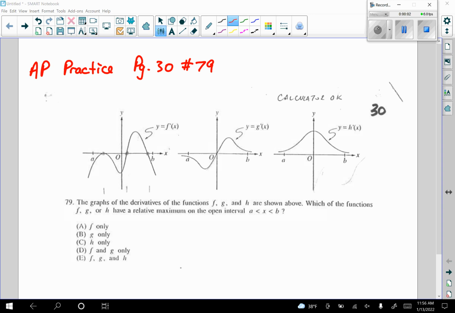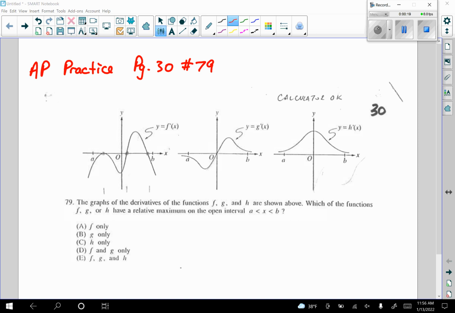Here are the solutions to the 3 problems I assigned yesterday. The first is the AP problem from page 30, number 79, and then on page 215, numbers 13 and 16 I'll go over. All right, so looking at this problem, the graphs of the derivatives of the functions f, g,